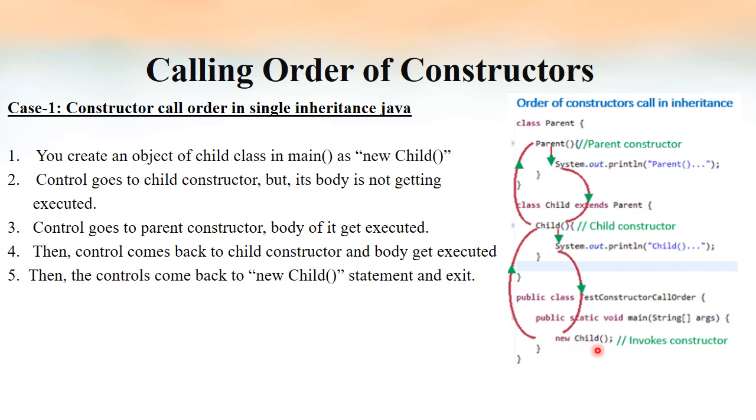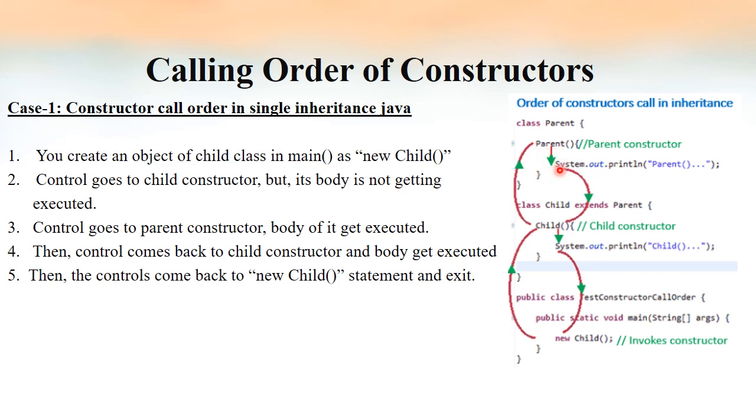Here, in this line, we are actually calling the method named Child. Since it has the same name as the class, we call it a constructor. So we are calling this constructor, and we can see the arrow mark here. When this line gets executed, this constructor is getting called. But before the lines of code inside this constructor get executed, the call is forwarded to the parent constructor. So the call from the main method goes to the constructor of the child class, and from there immediately it gets forwarded to the constructor of the parent class.